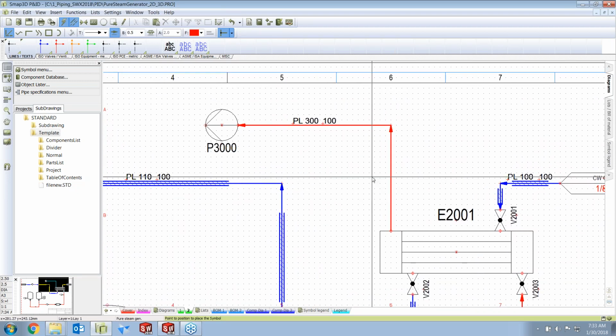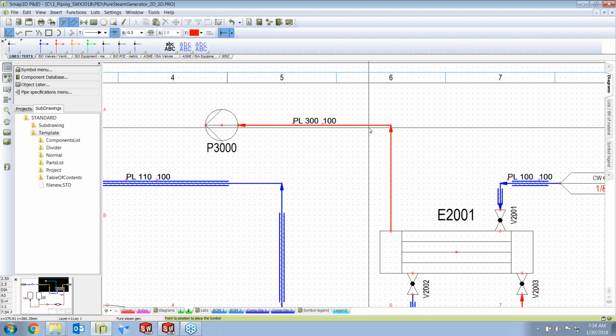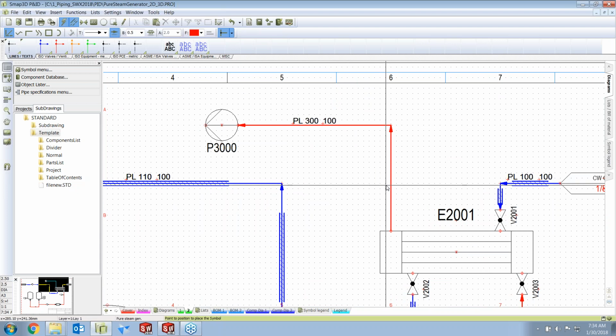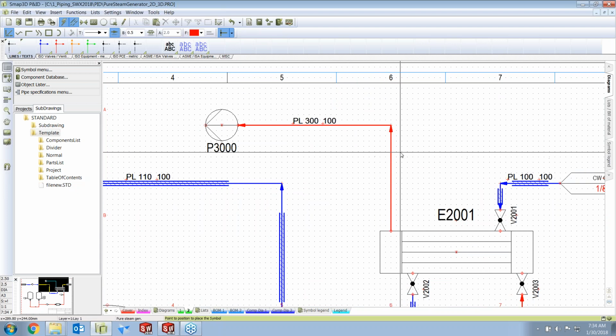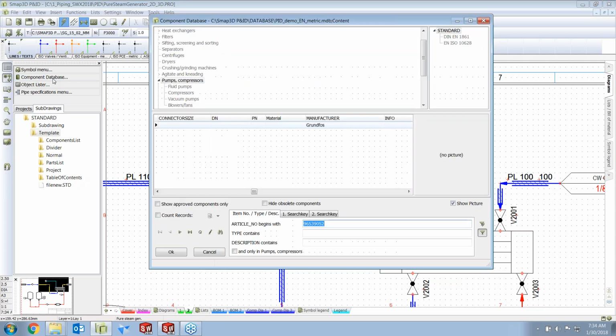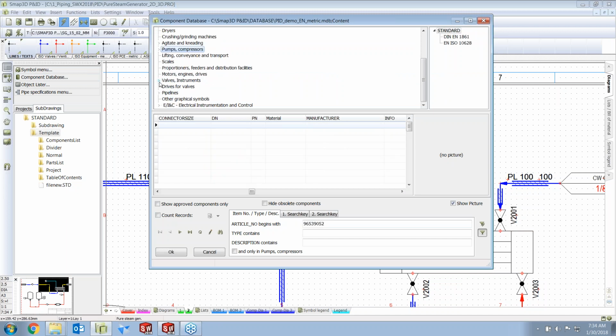Now, expanding on the capability and the power of pipe specs. So far, pipe specs have just limited how much information we have to type in, but they can also limit what types of equipment you're allowed to put into a pipeline. So instead of coming over here to the pipe component database and finding a valve, I want to put in maybe a globe valve in here. So I can come in here and we can just say, hey, let's